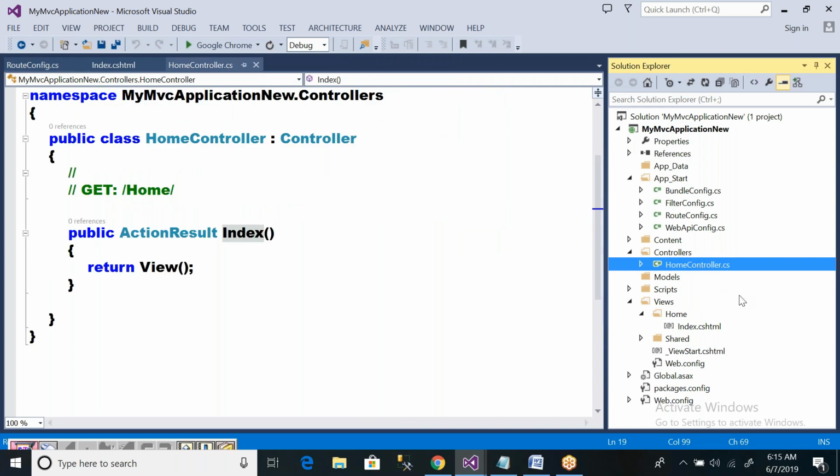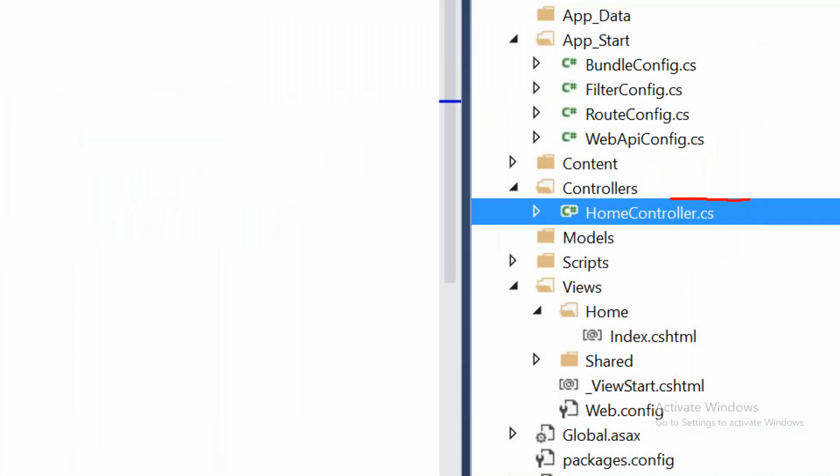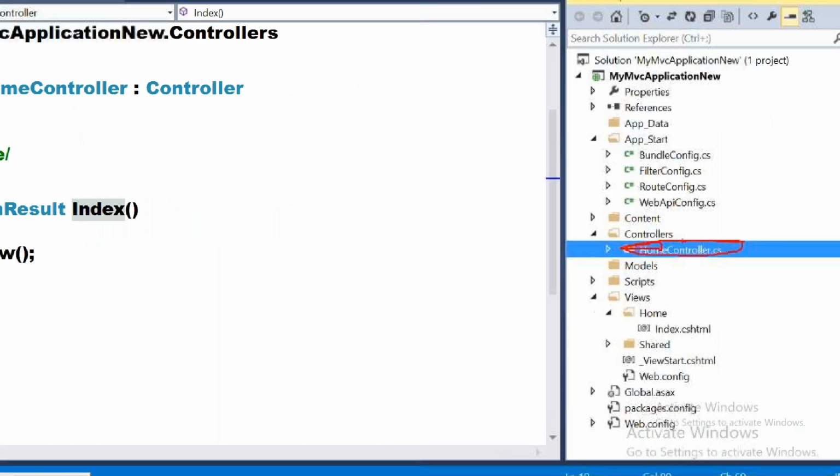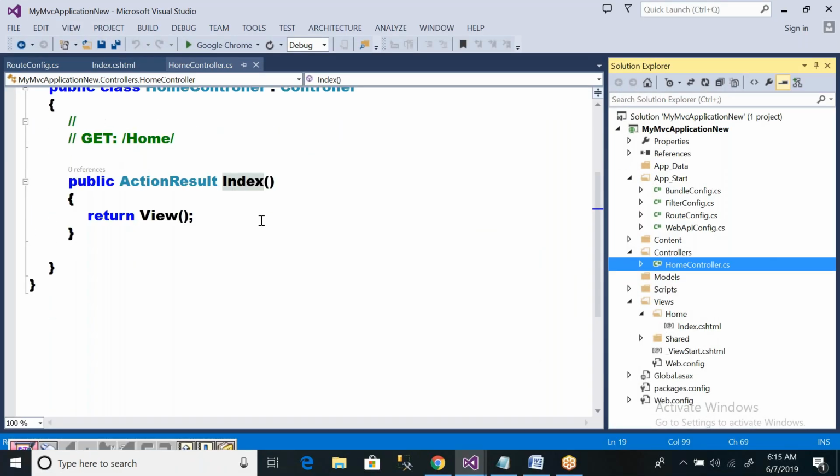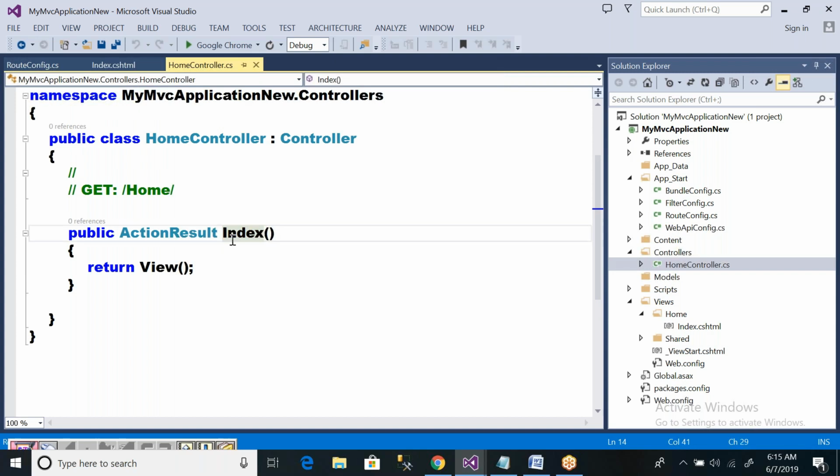What is the controller file name? HomeController.cs. This controller file contains one action method. What is the action method? Index. Now don't ask me what is action method, what is non-action method. That is the next discussion.